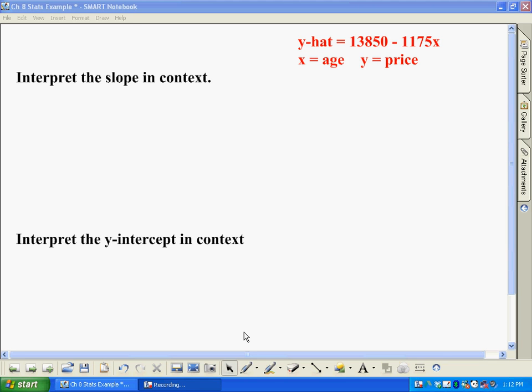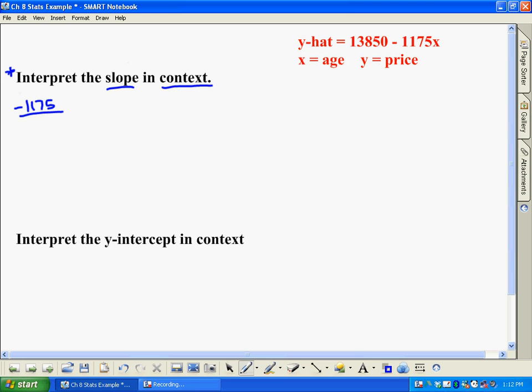All right, well, the next part of linear regression is actually making sense of our equation, our line of best fit. And we do this a number of different ways. One is making sense of the slope. And what we do is we call that interpreting the slope in what we call context. And context just means in this situation, in terms of what our variables are. So in this case, our slope is negative